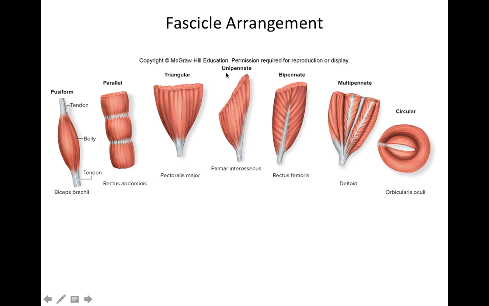Okay, so an example of unipennate, which means that there's only fibers coming off of one side, is the interosseous muscles in your hand. Bipennate looks like a feather, so there are fascicles coming off in both directions. So rectus femoris is bipennate. Multipennate basically has kind of like you take a bunch of bipennate ones and put them together. Deltoid is going to be a multipennate